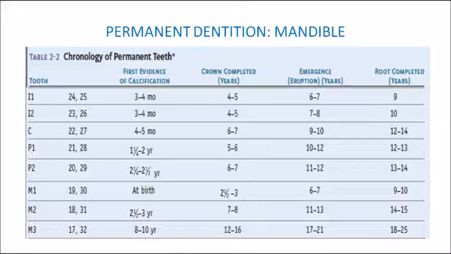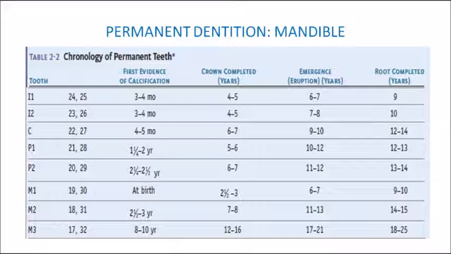Now coming to eruption. The earliest of the eruption is happening for the first permanent molars at 6 to 7 years of age, which is the time period at which your first permanent molars in the upper arch are also showing the signs of eruption. One thing you have to notice is that followed by the eruption of first permanent molars, there is the eruption of your mandibular central incisors. So the first permanent teeth to erupt in the oral cavity are your first permanent molars in the upper and lower arch, followed by which almost at the same time period the mandibular central incisors will also erupt, 6 to 7 years of age period.